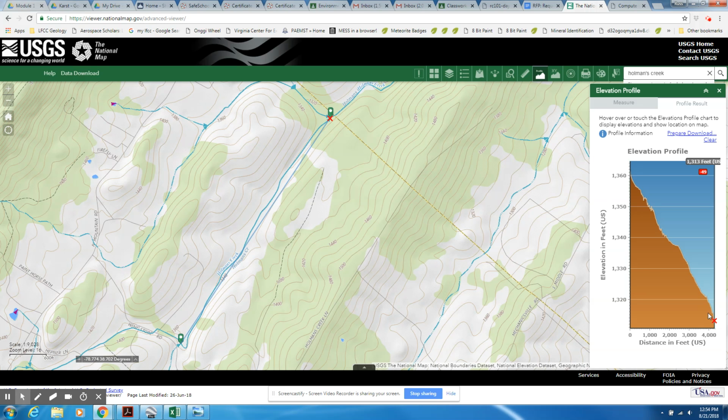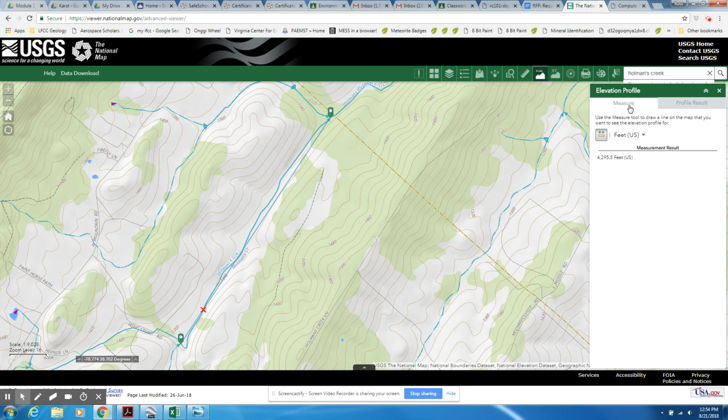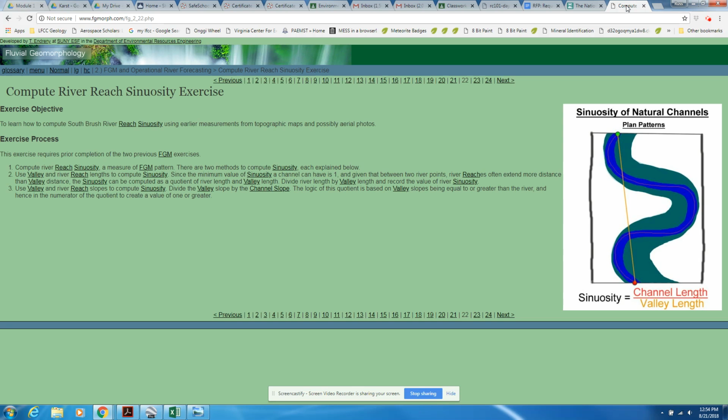So I have 49 feet in elevation change divided by 4,295. We'll just say 4,295 feet. That gives me an answer of 0.011. And if I then multiply that by 100, it gives me a gradient of 1.14. Now, if I look at my